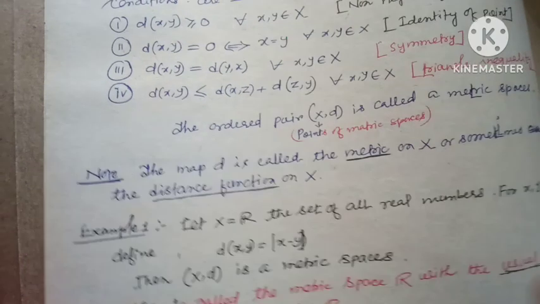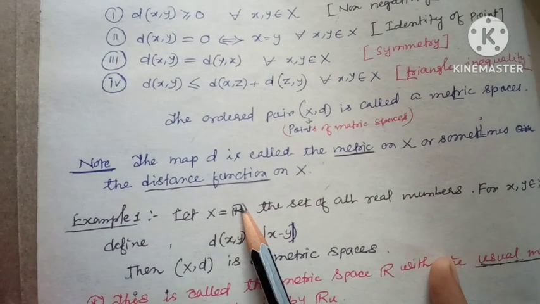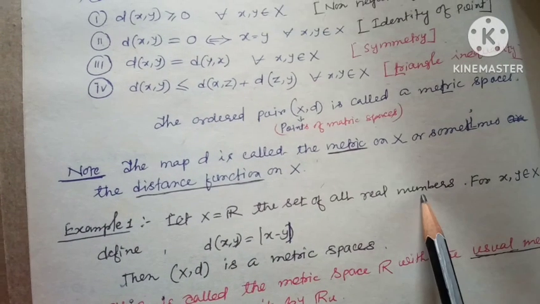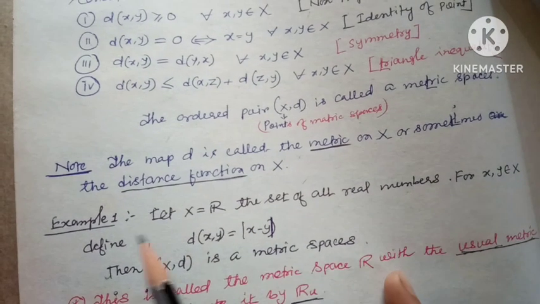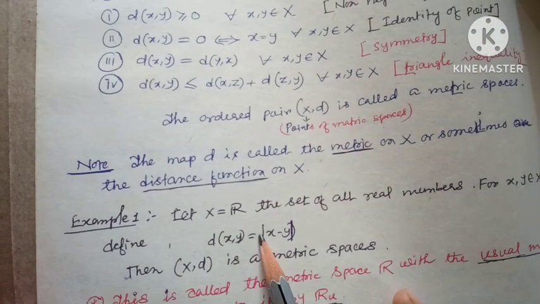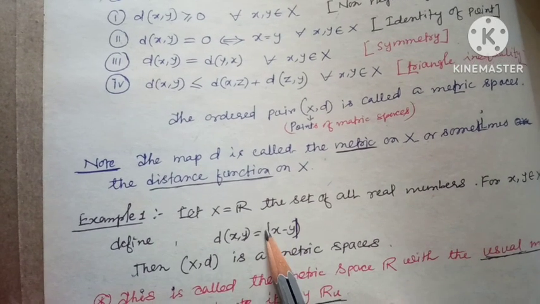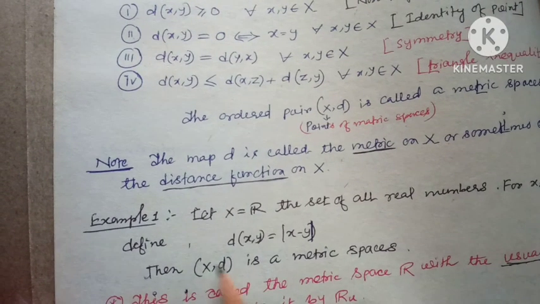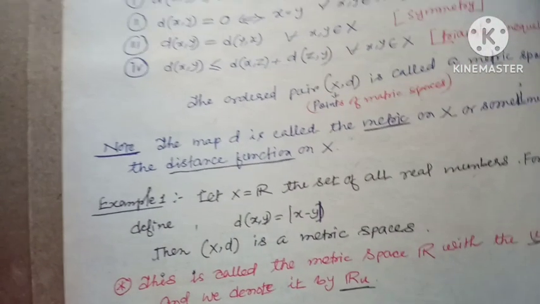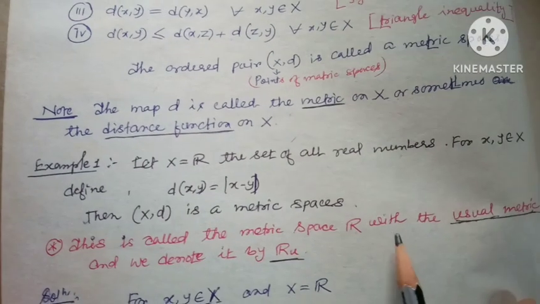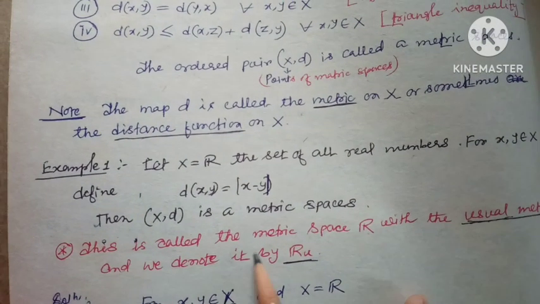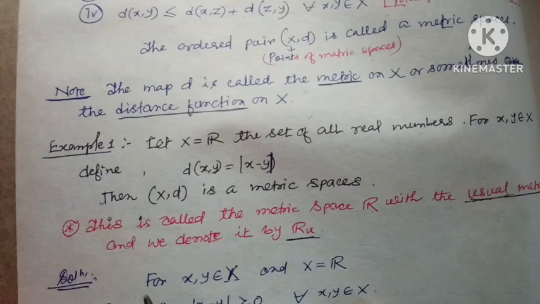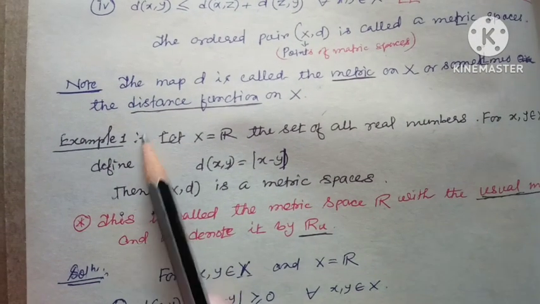Example 1. First example: let X is equal to R. যদি আমি X is equal to real numbers R ধৰি লওঁ, তেনেহলে the set of all the real numbers. For x and y belongs to X, define d of x, y, the distance function of x, y, is equal to modulus of x minus y. Then (X, d) is a metric space. This is called the metric space of R and this is called the usual metric, or we denote it by R_u. ইয়াক কোৱা হয় usual metric আৰু denote কৰে R_u ৰে। Solution: এটো আমি proof কৰিম।